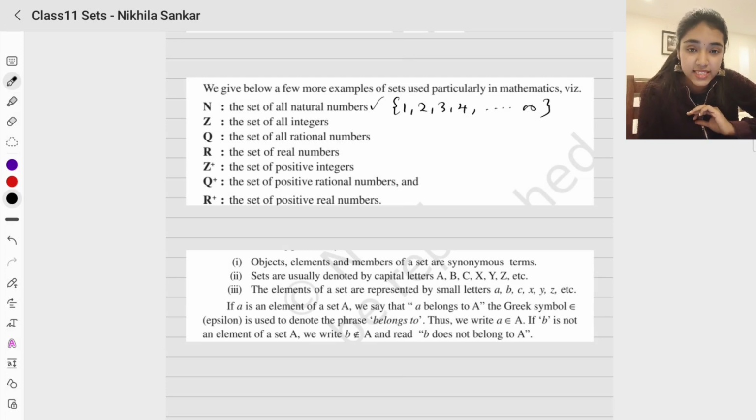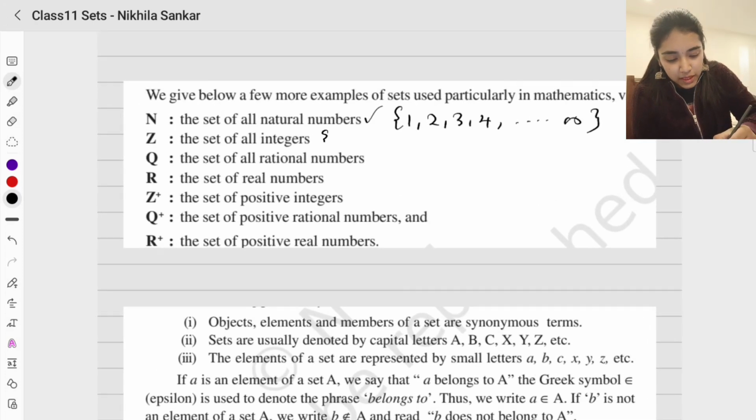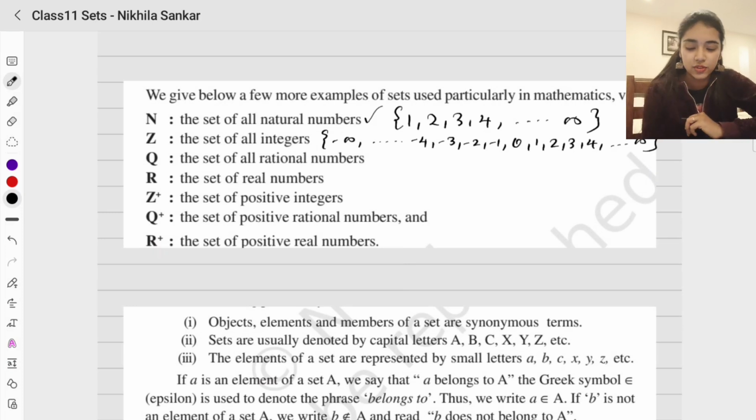Okay, now what is Z? Z is set of all integers. Integers na it is just an extended version of natural numbers but with negative numbers. So minus infinity la endu eduthu I'll have all my negative numbers, minus 4, minus 3, minus 2, minus 1, then 0, 1, 2, 3, 4 and so on until infinity. So this is all your set of all integers. இதெல்லாம் என்னன்னு தெரியும் இல்லையா, நம்ம சின்ன கிளாஸ்லயே படிச்சிருக்கோம். We know what a natural number is, we know what an integer is, but ஒரு சும்மா ஒரு ரிமைண்டருக்கு I'm telling